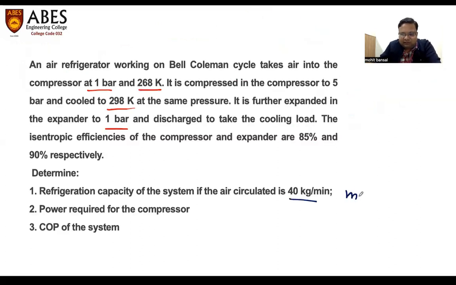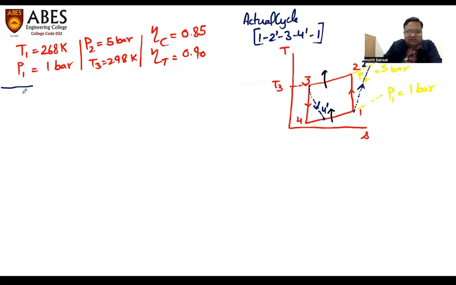That is, mass of air is equal to 40 kg per minute. And then the power required for the compressor and the COP of the system. So very first thing, in the process 1 to 2, which is the reversible adiabatic compression process,